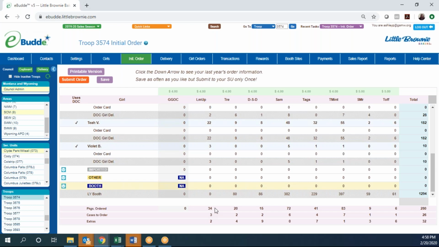So if we look at Lemon Ups here, you'll notice that there are 34 individual packages ordered at this time. That rounds up to 3 full cases, which leaves you with 2 extra boxes. These extra boxes can be used for booths or additional orders that happen in between the pre-order and when cookies